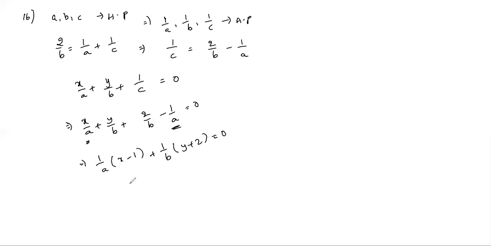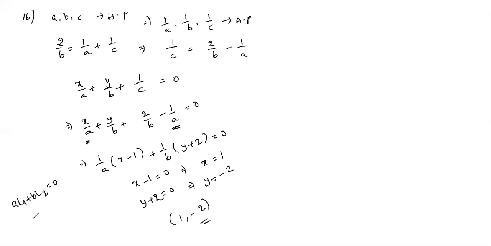This is a system of straight lines. One line is X minus 1 equal to 0. Second line is Y plus 2 equal to 0. So the point of intersection is X equal to 1, Y equal to minus 2. So it is always passing through 1 comma minus 2. Actually, we will get this in straight lines: A into L1 plus B into L2 equal to 0 gives a system of lines all passing through a fixed point. That fixed point is nothing but the point of intersection of L1 and L2.